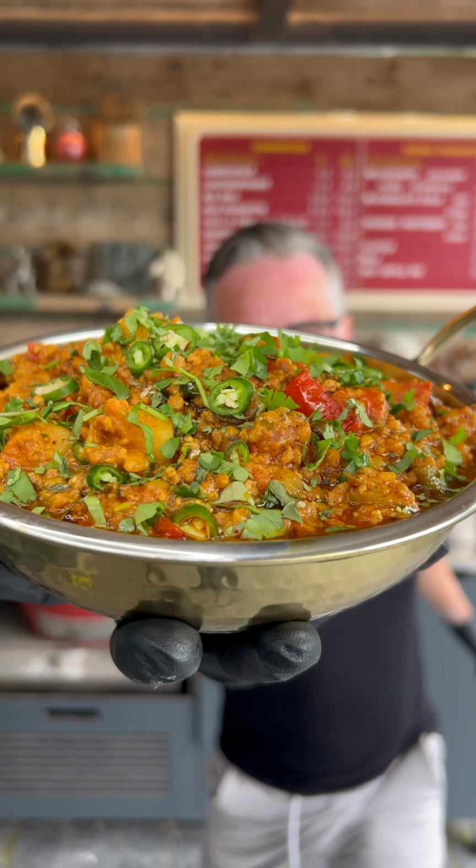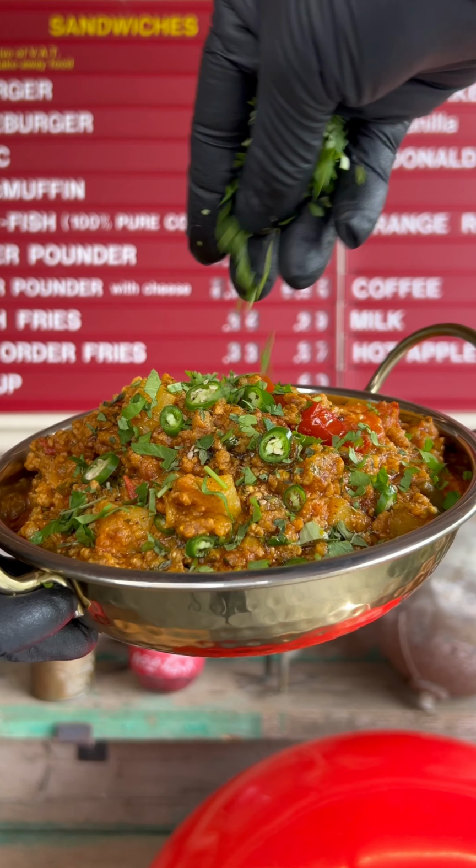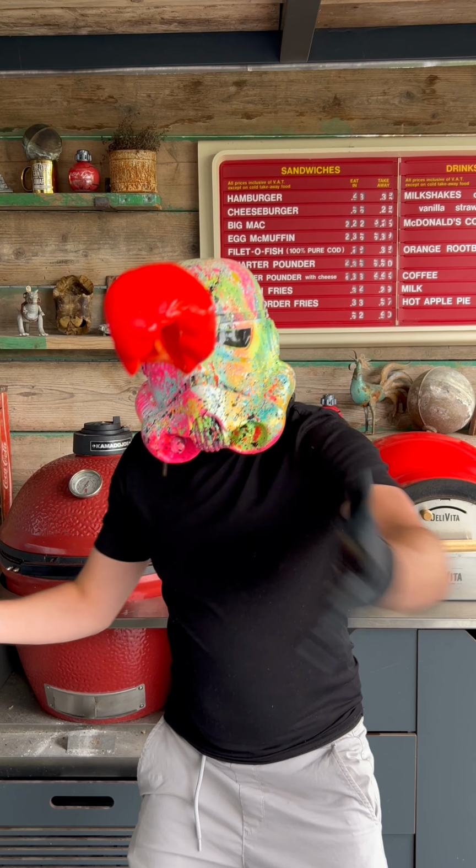If you've not tried using mince in a curry, then you're missing out. This banging lamb keema curry is loosely based on my nan's Cape Malay keema, a dish I loved eating when